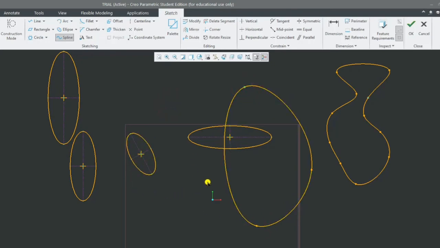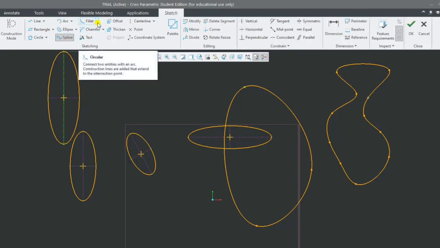So these are about our arcs, ellipse and spline. All these things we have seen are the basic drawings required for the part. Now after this, once we have the basic part, we want to modify the drawings. If you look very carefully in the sketching part itself, we have some more tools there.